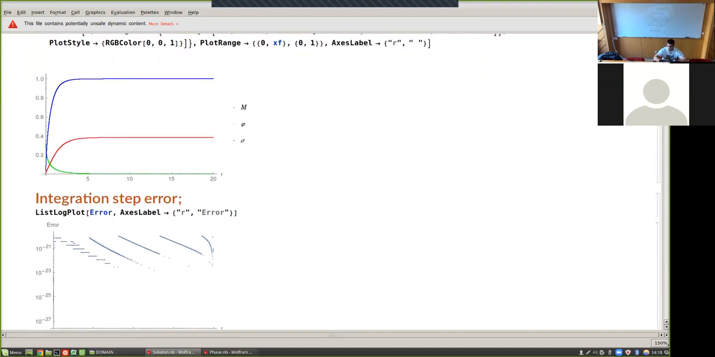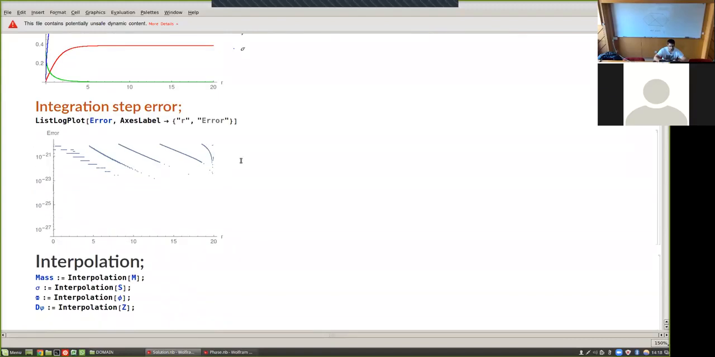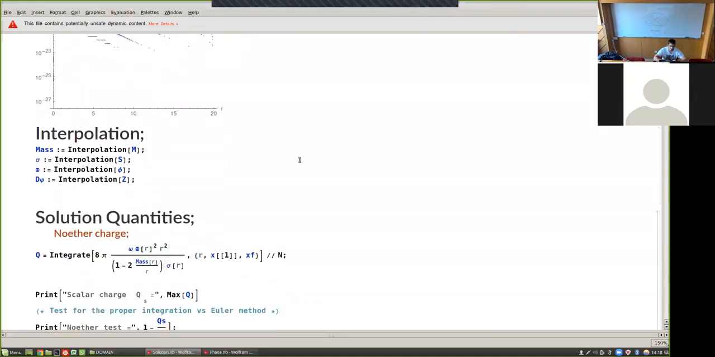And here you can see the plot of the error, the step size error. As you can see, they are very small, around 10 to the minus 21. It can be even smaller, but then it's a matter of the accuracy that you implement in your code. Due to the properties of Mathematica, we are also able to do some interpolation, which allows us to do